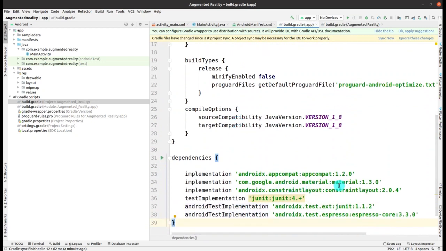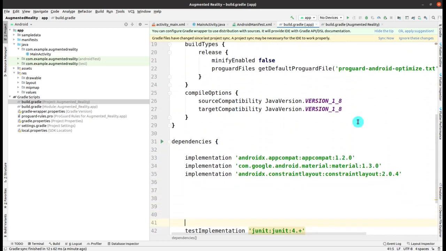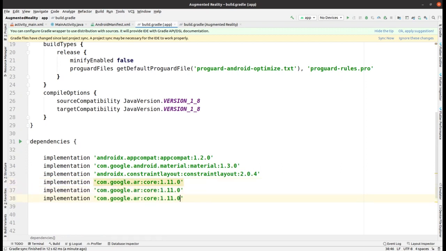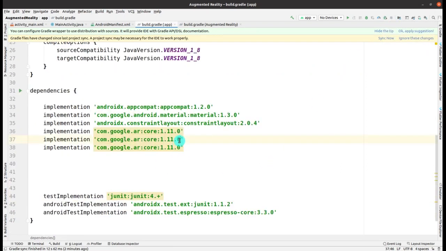Now I am in the second build.gradle file, the module-level one, and now we have to add some implementation dependencies here. I will be adding all the dependencies. First you have to add the keyword implementation, and then within the single quotes you have to add this, core, and then I will be copying this so that I can change these links.